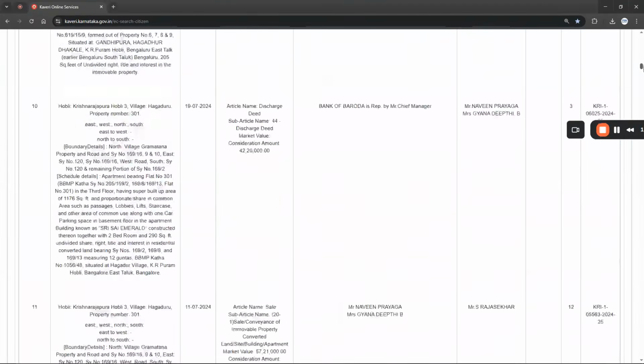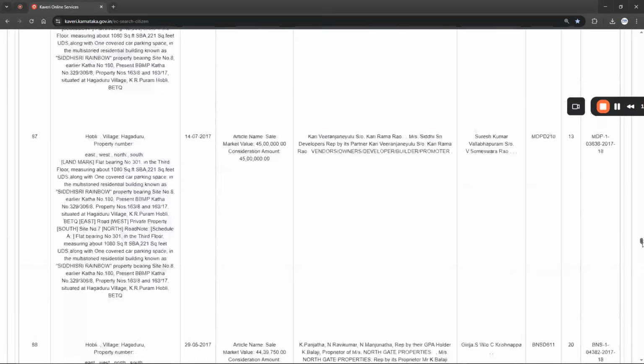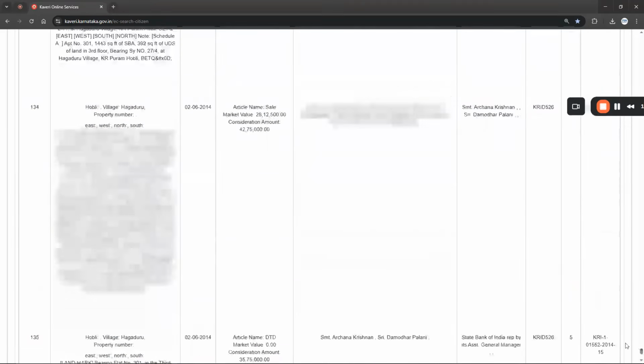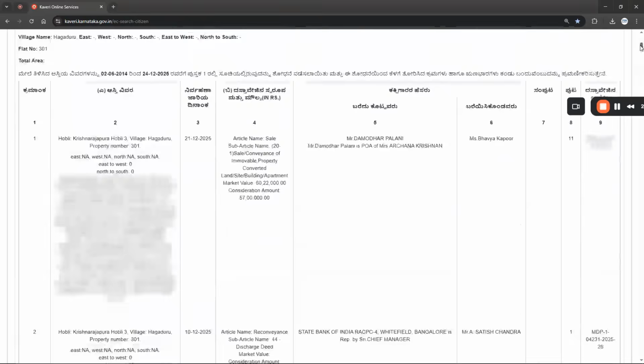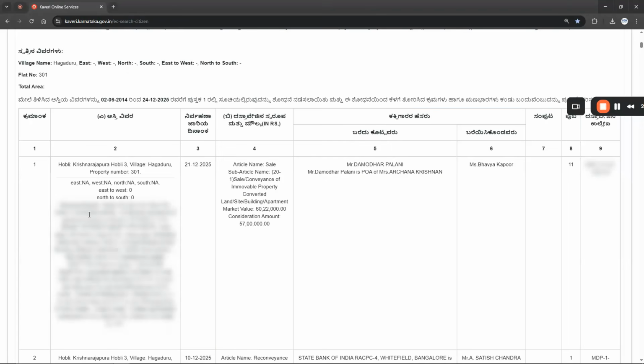There are multiple transaction details showing. Let's find our property transactions here. Once we scroll down to the bottom, we find our first sale deed transaction, which is the purchase by our seller. This is our seller's transaction detail. If you scroll up to the very top, this is the latest transaction detail, which is when we registered our sale deed